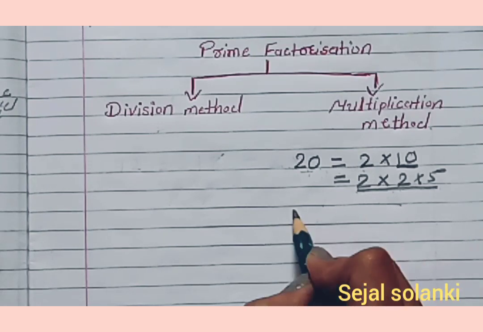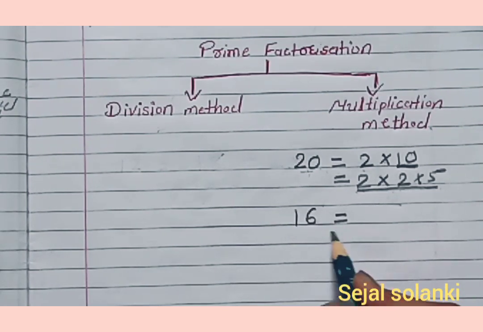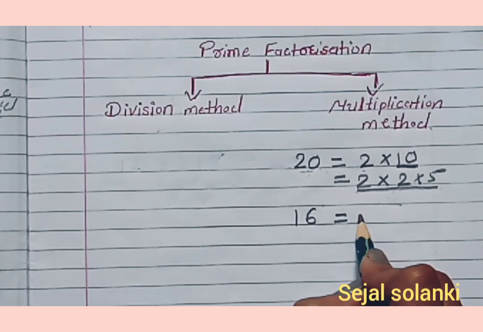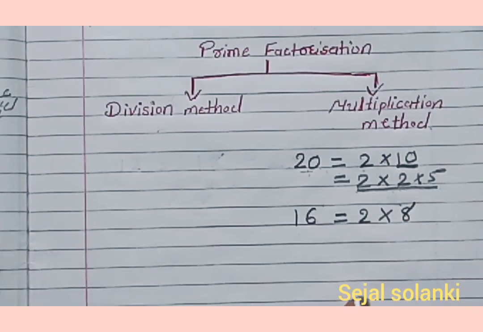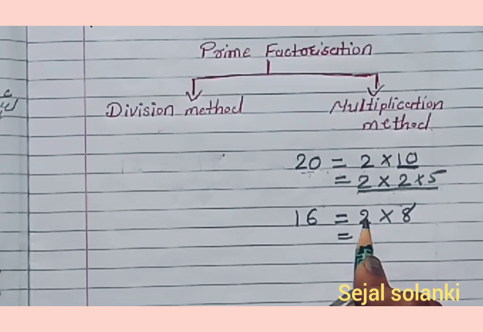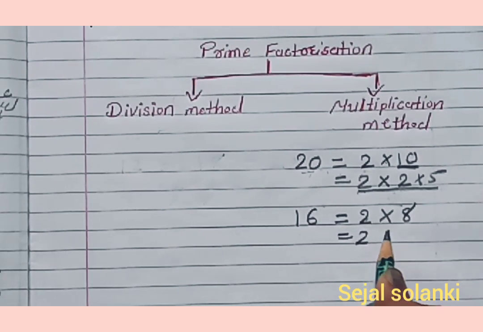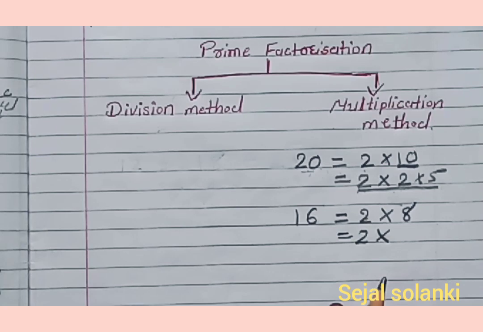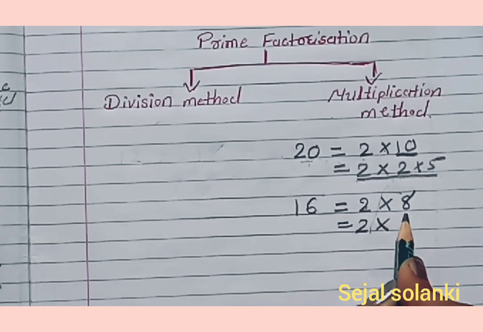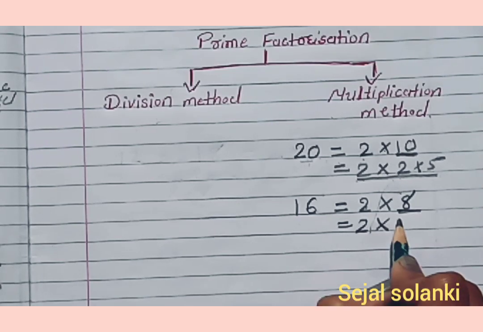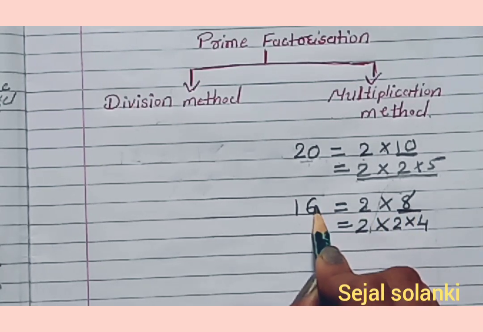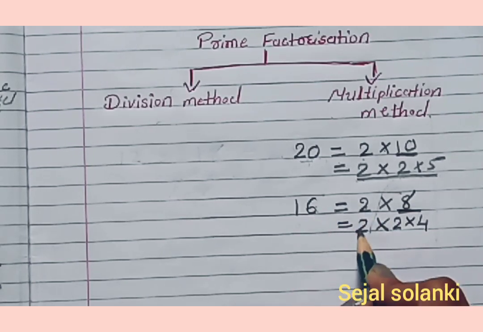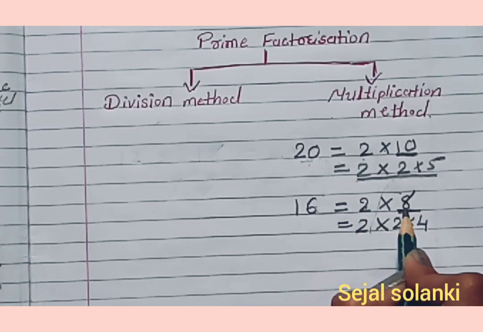Let's take another number, 16. Okay, 16 is an even number. So we can divide it by 2, and we know very well 2 eights are 16. Now 2 is a prime, so we will write 2 as it is, multiplication method, and then we will break the 8. Now 8, so we'll write first 2 because it is an even number. 2 fours are 8. Once again 2 eights are 16. Then we got 16. Then once again we write 2 as it is but we will break the composite number.